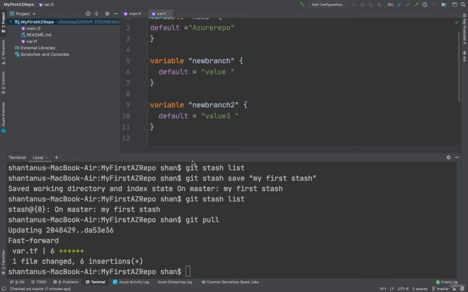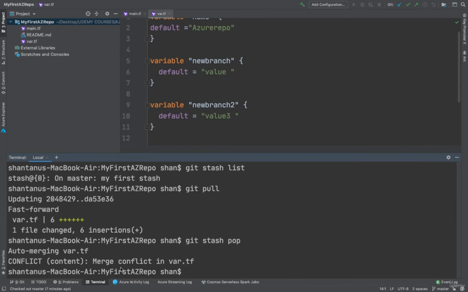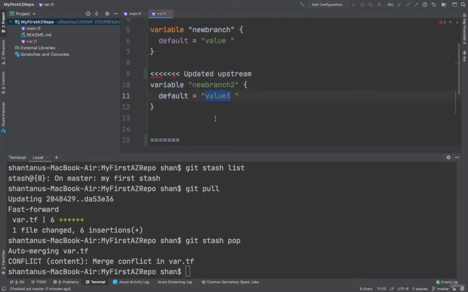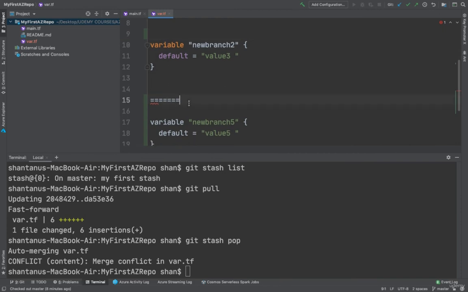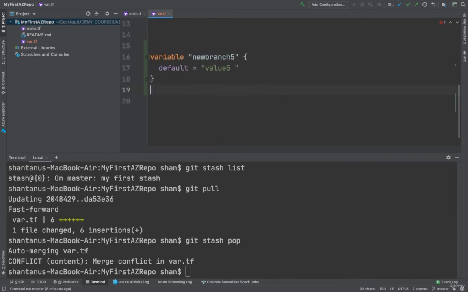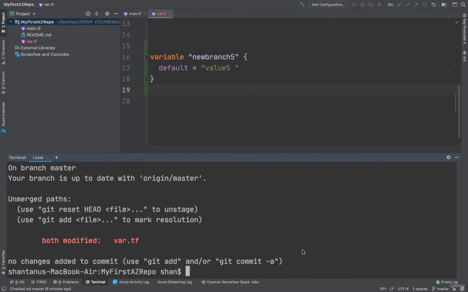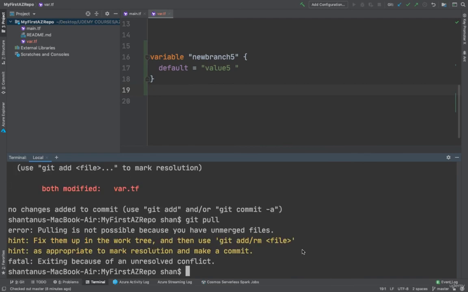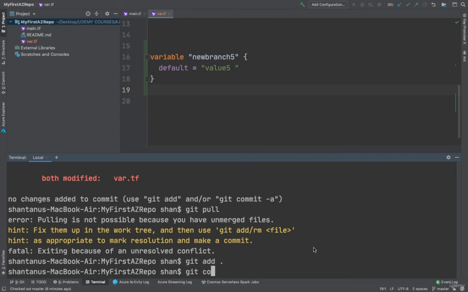In order to apply them, you could simply do a git stash pop, and this would apply all our changes. So you see, there's a merge conflict at the moment. However, here you go. You can always remove these conflicts. Now if I do a git status and try to do git pull, it would say that you have an unresolved conflict. So what you could do is simply add it and commit the changes, because now you're happy with all of your changes, committing